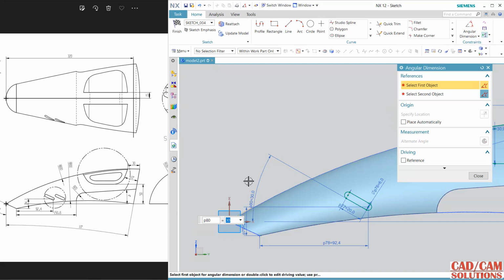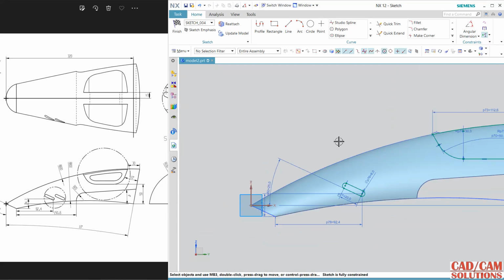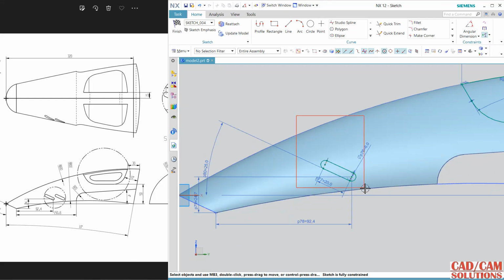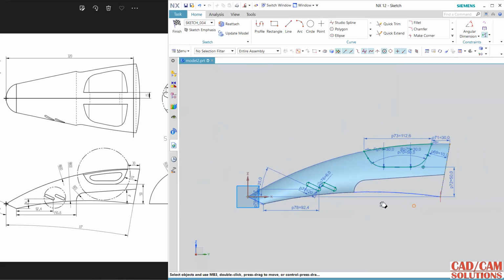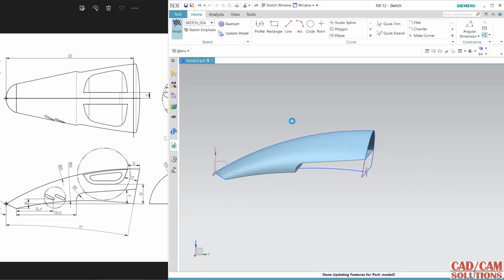I'm just assuming it 25, so keep it 25, right? And close. And I want one more copy of this, so select it and go to pattern curve, and the direction is this X direction, and the distance is 26. You will see here the 26 is the distance. Now finish.